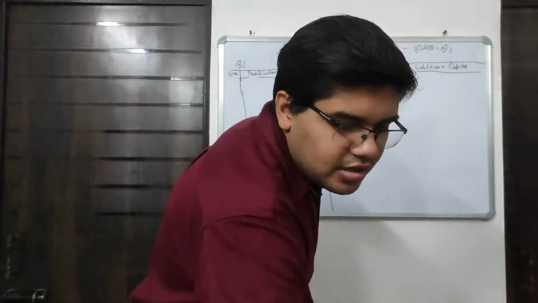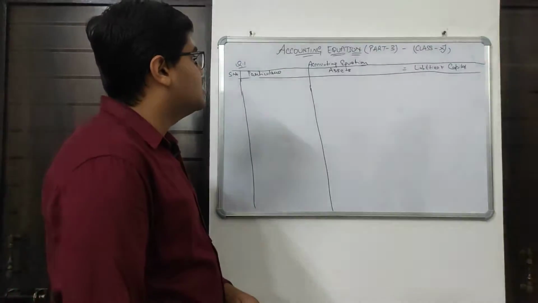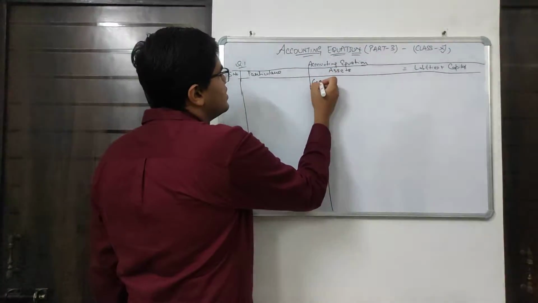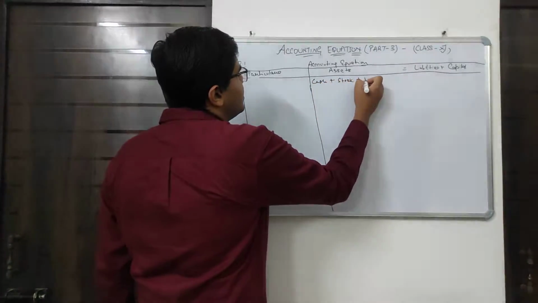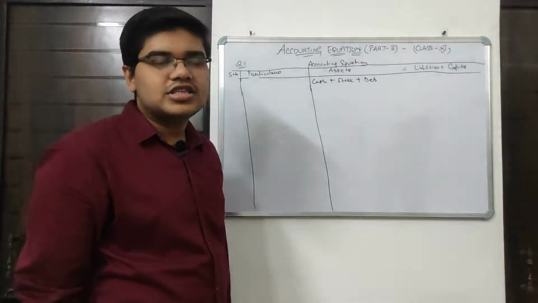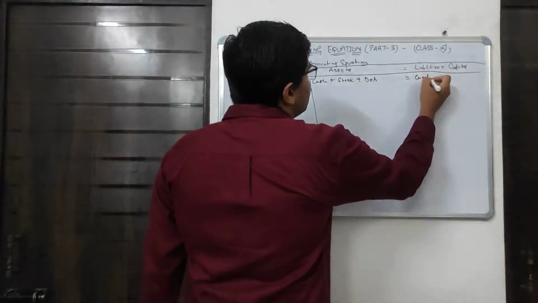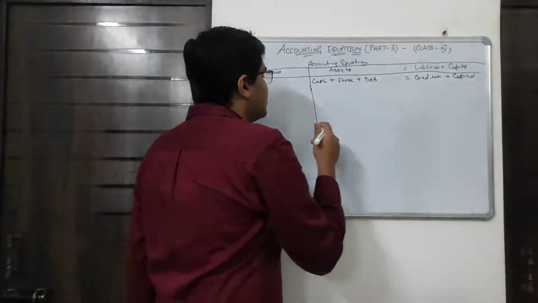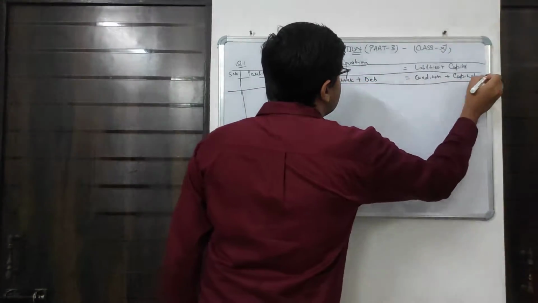Now let's start with the question, that what is given in the transaction. But before this, there is one more thing you have to follow. In assets, you have to write the main assets, that is cash will be there, stock will be there, debtor will be there. It can be more, we will see what transaction is given later on. Then in liability we will write creditor and capital. Then again you have to draw the line with a ruler, and now our question starts.